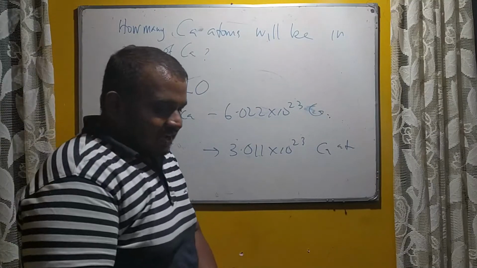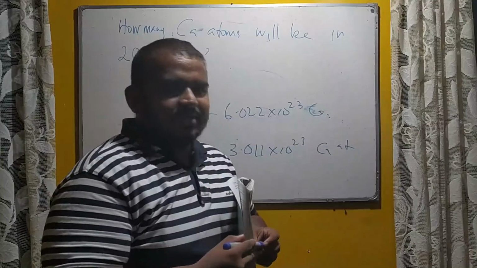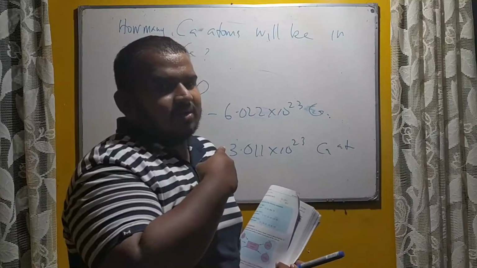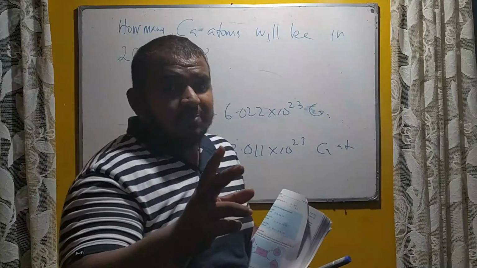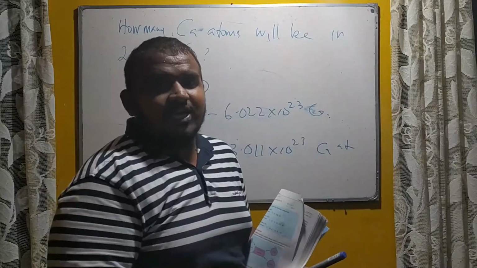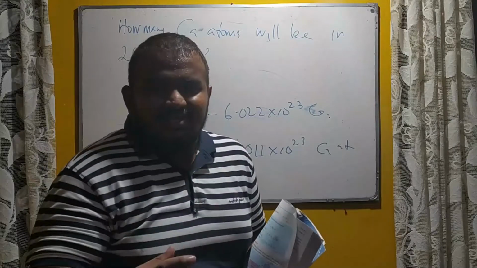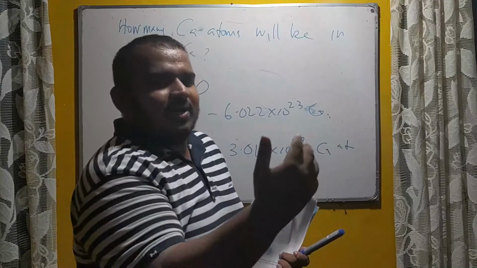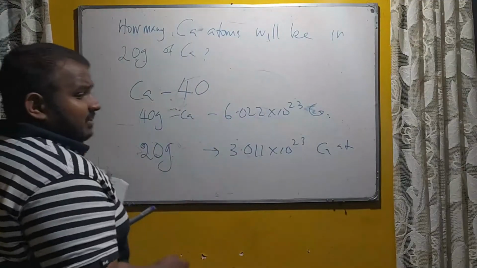If I ask you to bring 6.02 into 10 to the power of 23 sodium atoms, you won't be counting 1, 2, 3, 4; no need to count. According to Avogadro's constant, you know immediately that it should be the grams of sodium according to its relative atomic mass. The relative atomic mass is 23, so there should be 23 grams. This is where we are connecting the topic. Until now we studied the terms; now we are connecting them.